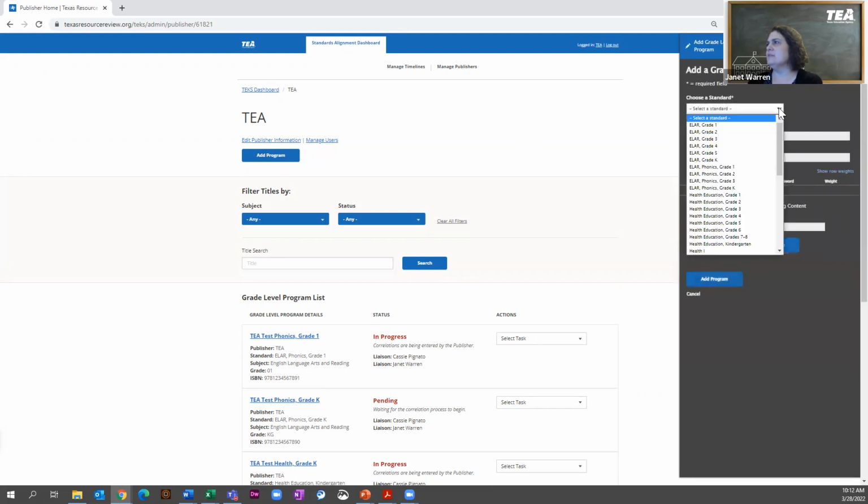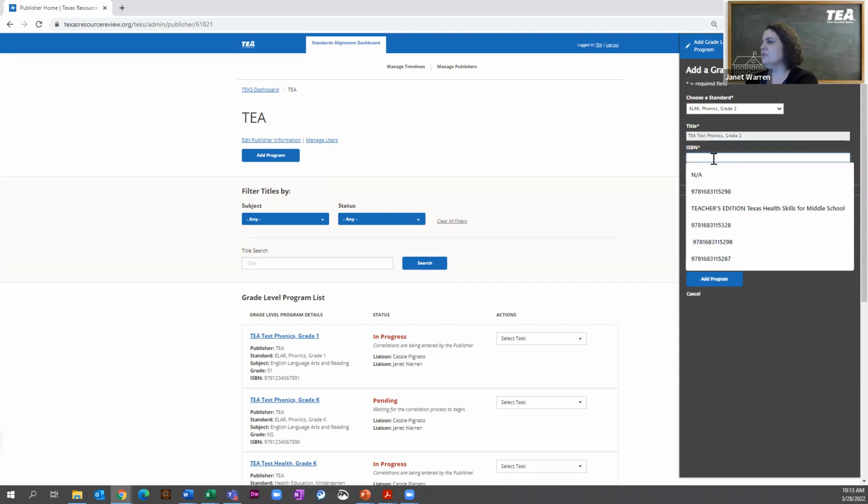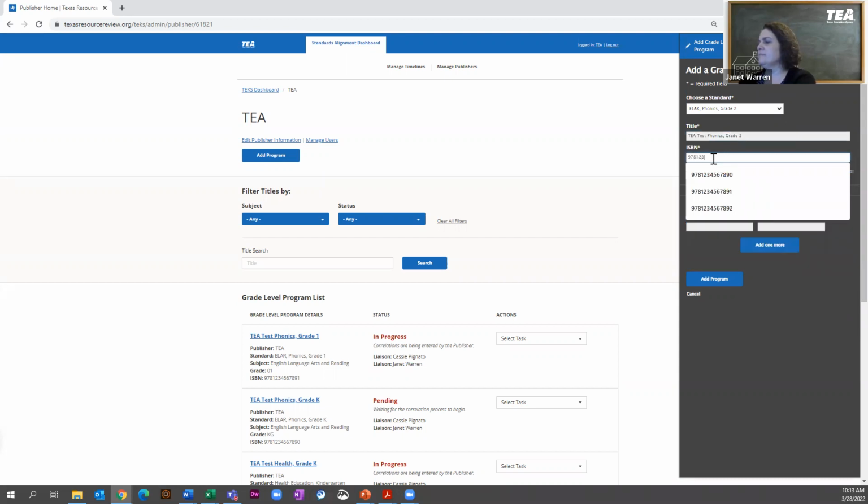You'll select a standard from the drop-down menu. You will enter the title. You will enter an ISBN. And then you'll enter a username and password.